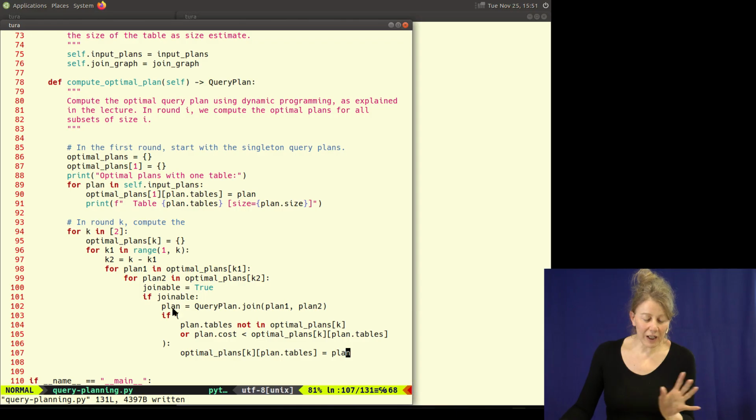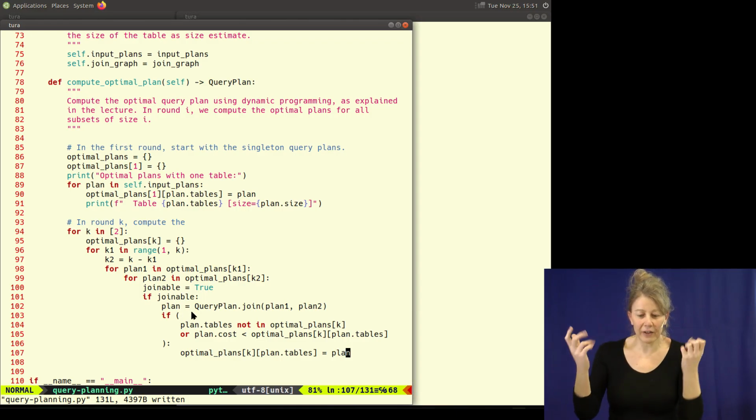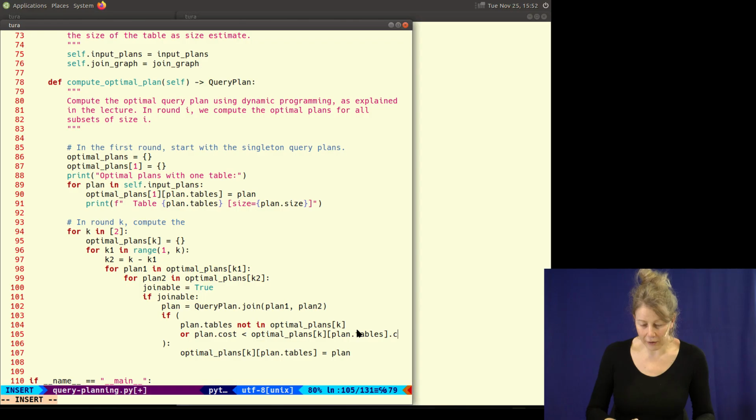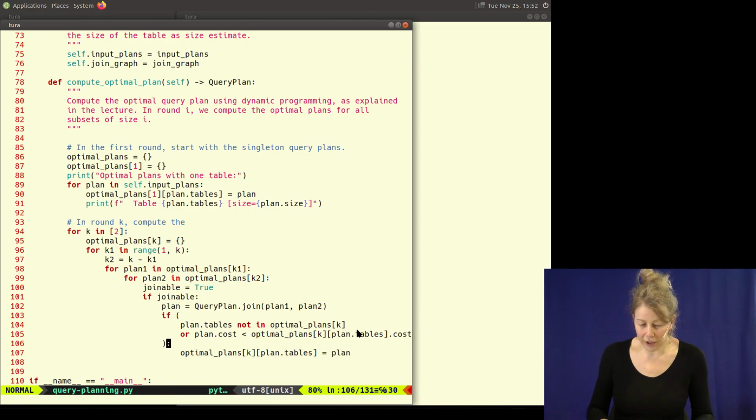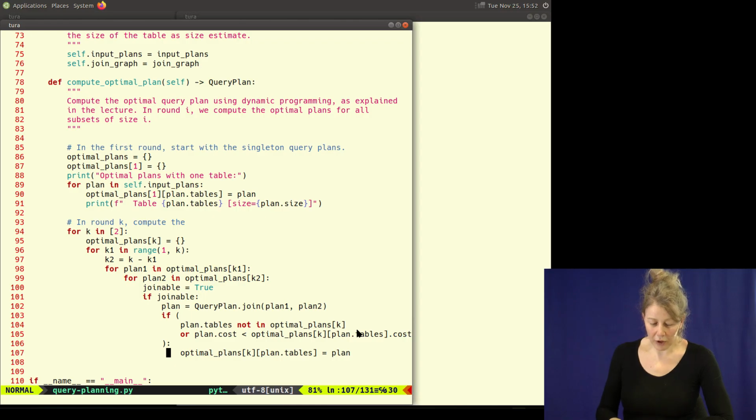So if I have a new plan, let's say it's a new plan which joins A and C together. Now I have to check is either I've not had a plan so far which joins A and C together, it's of size 2 here in this case, or I've seen one already and this one has better cost. And this should be cost here, right? So I hope this is right, and now let's